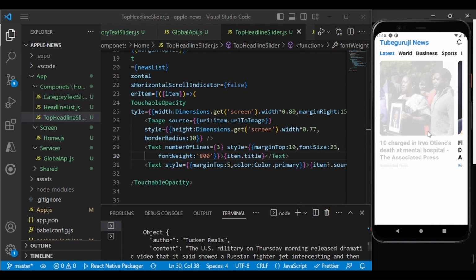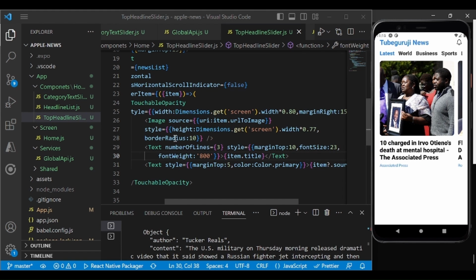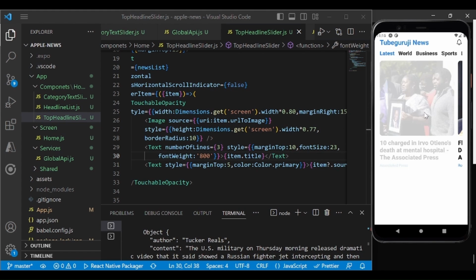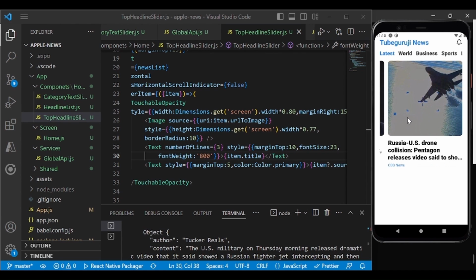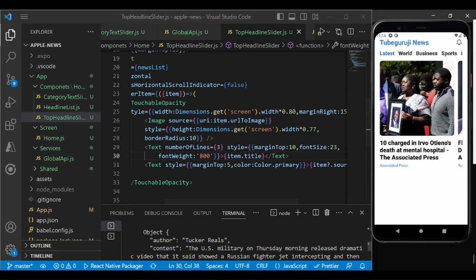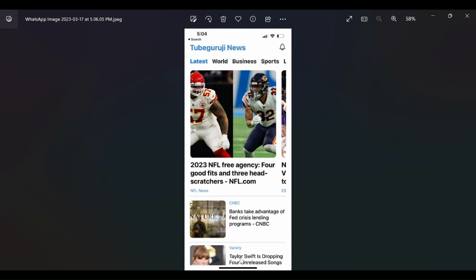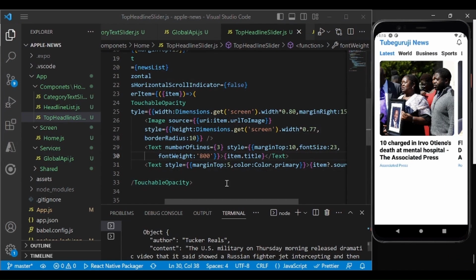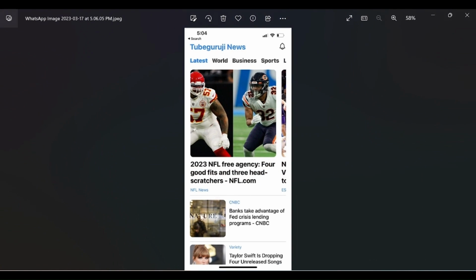Now I think we are pretty much done, and obviously we used this TouchableOpacity, and that's the reason, if you see this click event, it is perfectly giving some animation on our click. Okay, now next we will design this list for this news. Now if you see our screenshot, we want to design this list for the news, right? So on the left hand side we have the image, and on the right hand side we have the news source and the title. So let's go to our project,